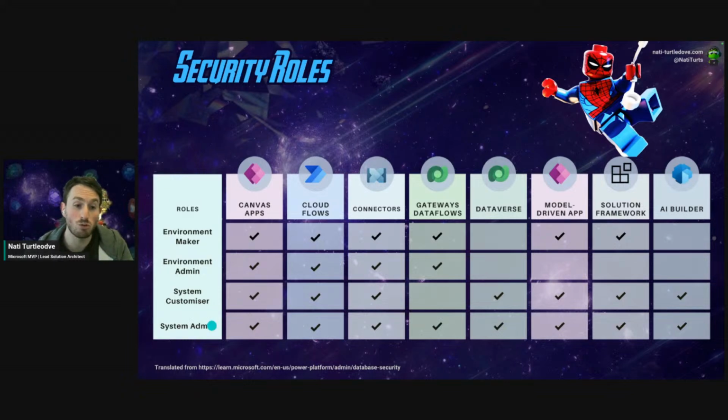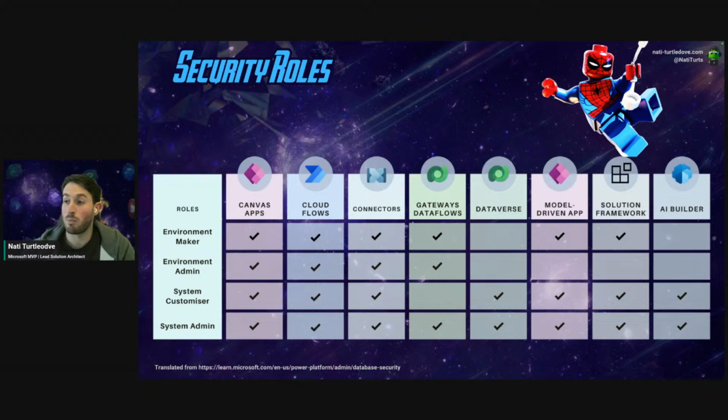You've got full control over that. And with these two roles, spanning into those dozens of other roles that I just mentioned, we can start assigning privileges in a lot more detail in a Dataverse-enabled environment. You say, okay, you've got this system customizer role. What do you want it to do? I want access to these tables within this role. I want to be able to create data. I want to be able to edit data on these various privilege levels. And that's where we get into a very, very important concept.